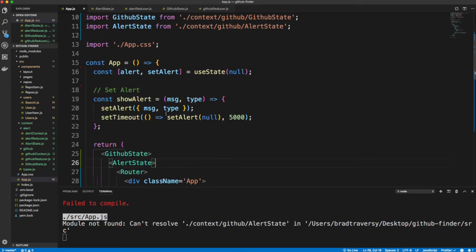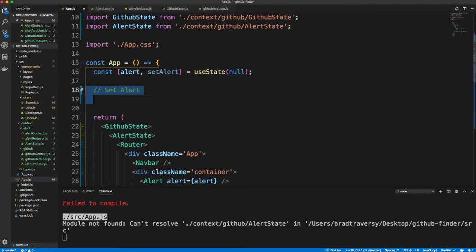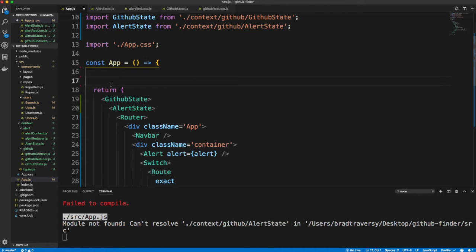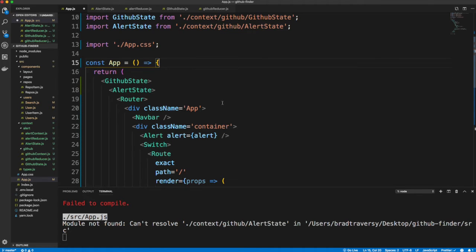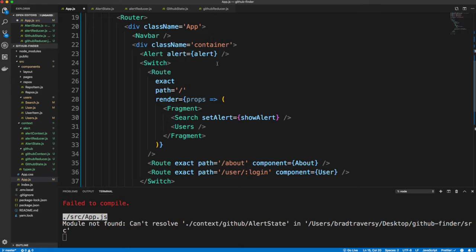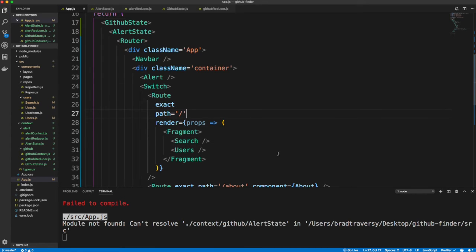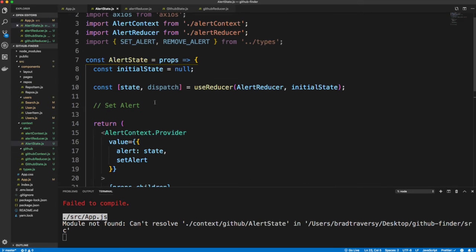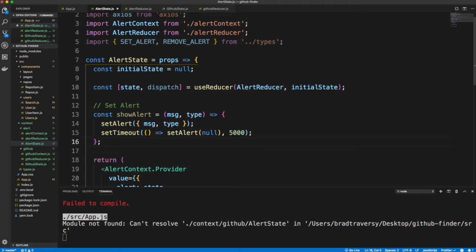Now this show alert, let's take that and let's get rid of this. Let's get rid of that whole state, all this stuff. No longer need it. No longer do we need to pass in alert as a prop here. No longer do we need to pass in set alert as a prop here. Okay, so basically we got rid of all those props we were passing back and forth and up and down. So now in alert state, I'm going to paste in our